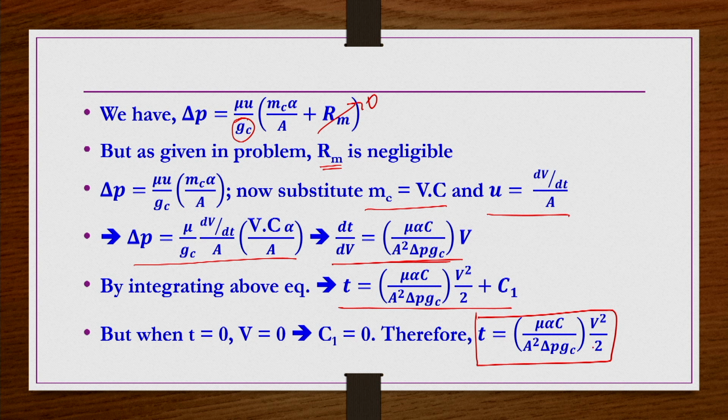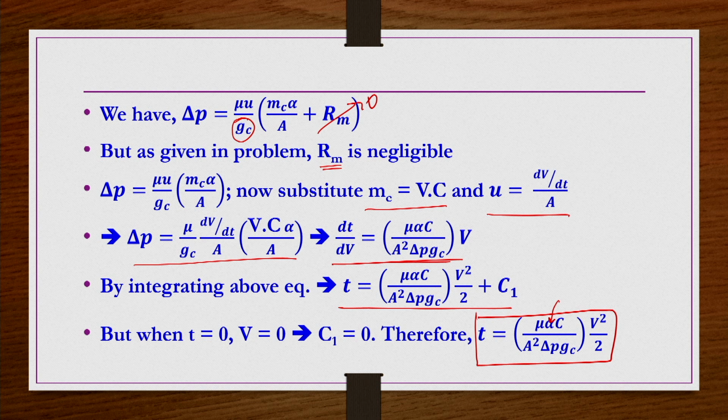If everything on the right hand side of this equation is known, then we can use this equation straightforwardly to get the wash time. But here alpha is not known, mu is also not given, C is also not given, and A is also not given. So, what do we have to do? We have to do some mathematical steps in order to avoid the requirement of these quantities.